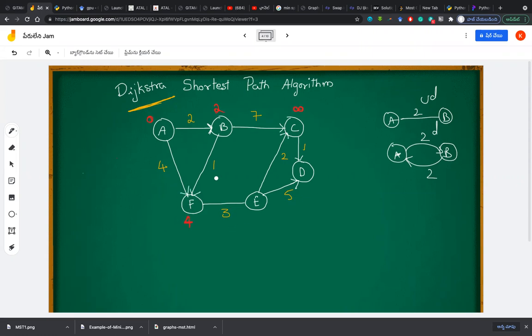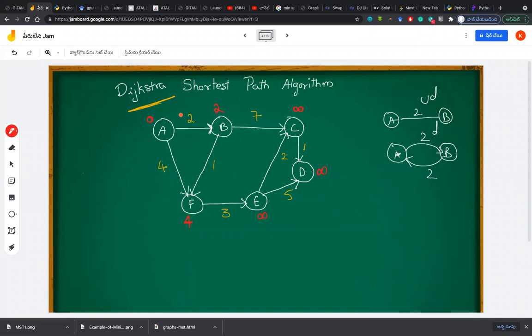Yes, so this is the only possibility of whether we can go from this to this. Sir, F to E, you forgot to give the direction. Yes, thank you. Okay. So from A to B, we got 2. From A to F, we got 4. And the remaining are all infinite, because from A to E we don't know which direction we can go, so infinite. A to D also, we don't know which one will be the shortest, so at present we will say infinite. So this is our first step.